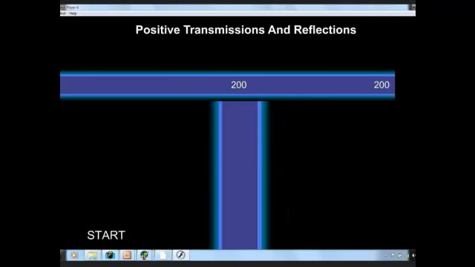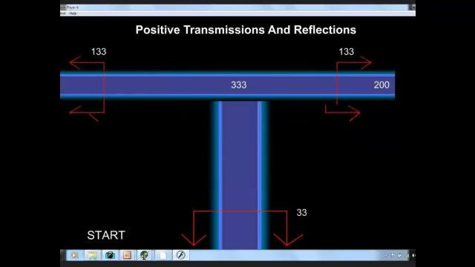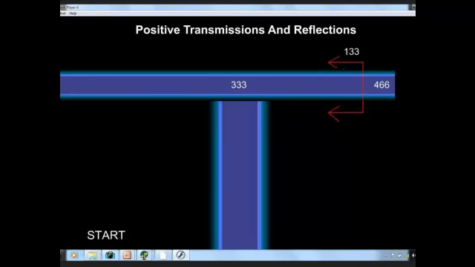Here we have a dead end down here. It didn't show up perfectly, but this is a dead end. Now the wave is going to come down and get reflected off the dead end. So here comes your 100-foot wave, becomes 133 feet. The pressure at the dead end now goes up by 266 feet. So we had a 100-foot wave, say 650 psi or 40 psi, and now we're looking at a 266